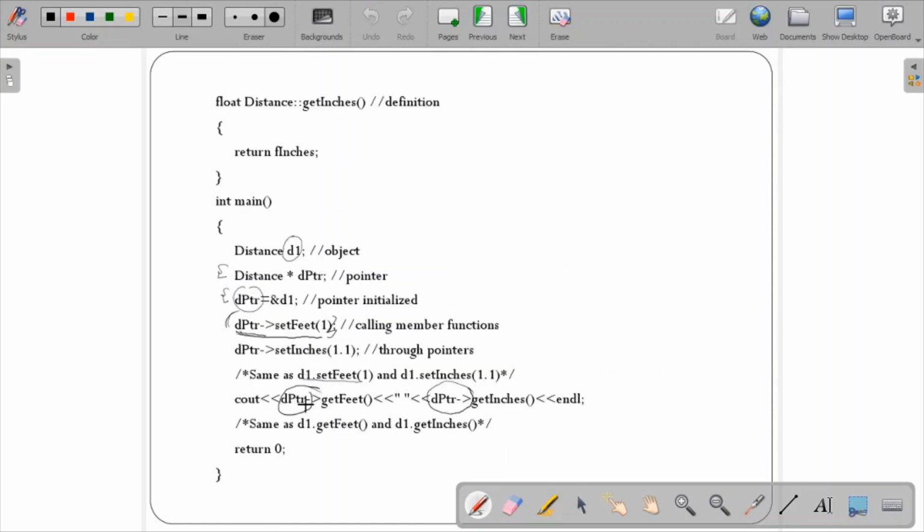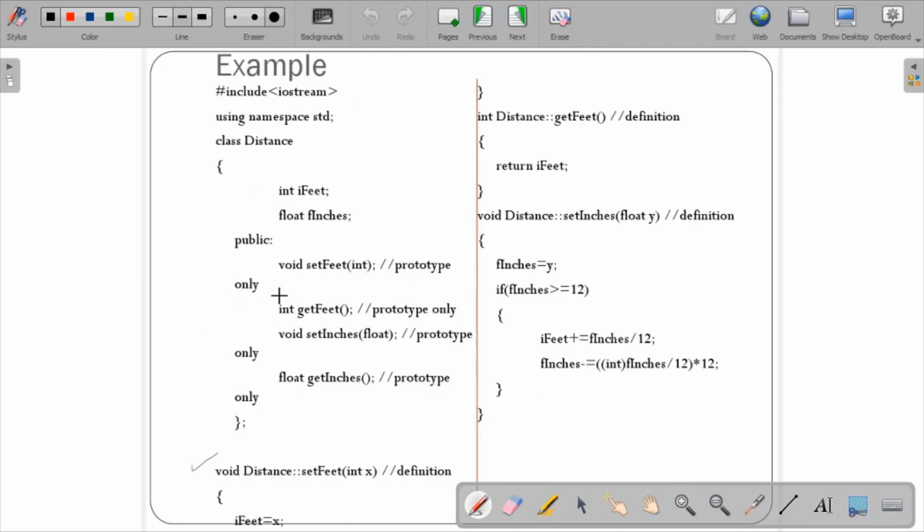So this is a pointer to an object. So dptr is nothing but a pointer which we have created for an object. So through this pointer I'm going to call all the member functions, or it may be a data member also. So anywhere you want to call, you use dptr arrow operator instead of d1 dot. That is the difference. d1 dot we used to call directly, object dot whatever the member function. Here we are calling pointer, arrow operator, and then the member functions. But that pointer is actually pointing to nothing but the object itself. So that is the explanation of this second point.